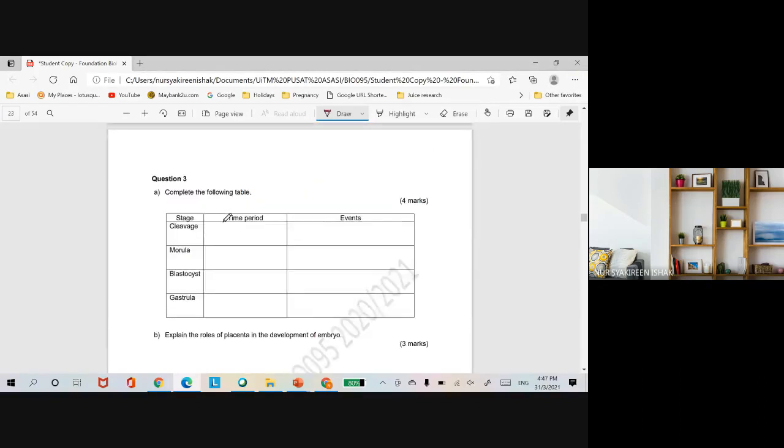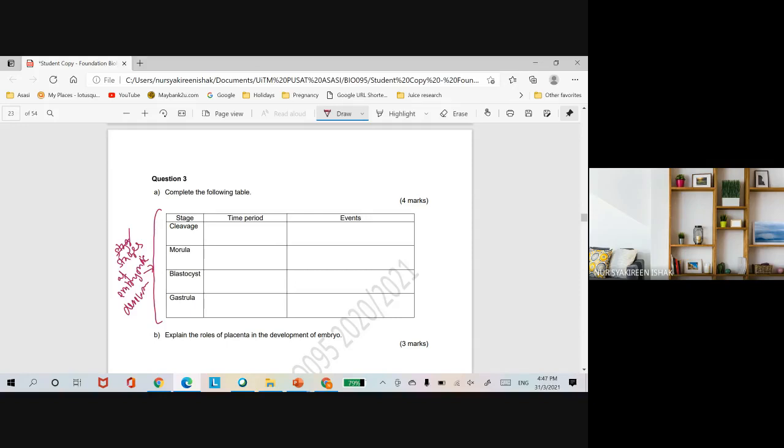Okay, so next question 3. Complete the table below. Okay, so ini adalah stages apa? Stages of embryonic development. Okay, stages of embryonic development. Dia berbeza dengan strategies of embryonic development. Strategies adalah contohnya ovoviviparity,